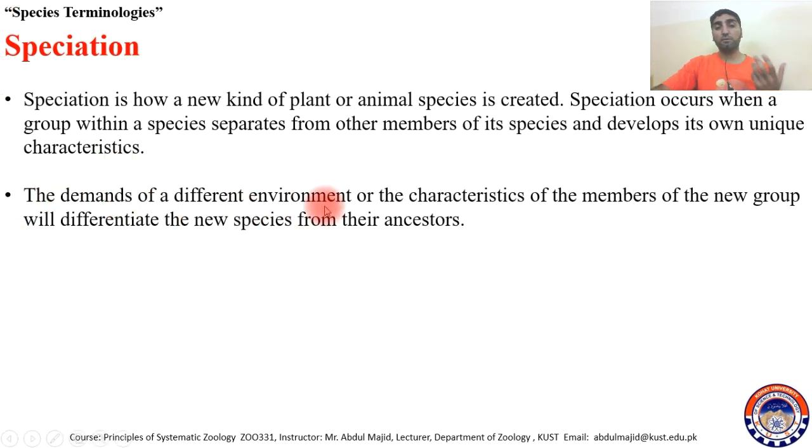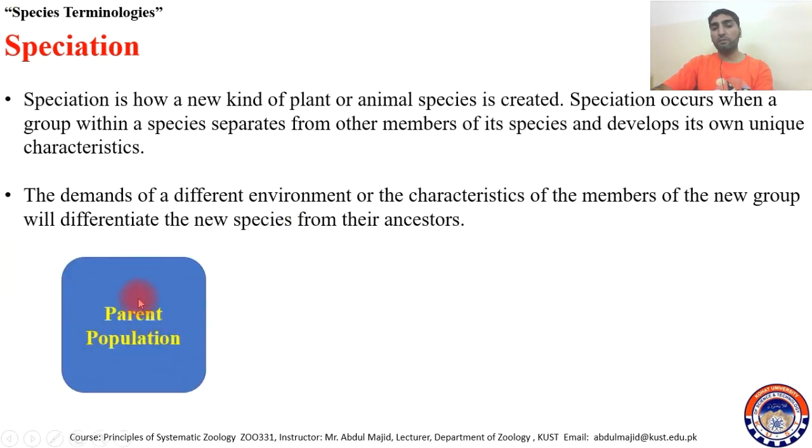The demands of the different environment, or the characteristics of the members of the new group, will differentiate the new species from the ancestor, because the needs of the new environment are different from the older one. For example, this is the parent population, and a small number from this population become isolated. Now they are geographically isolated, very far away from each other, and cannot meet. This new environment has new challenges that are very different from the old one. So they have to